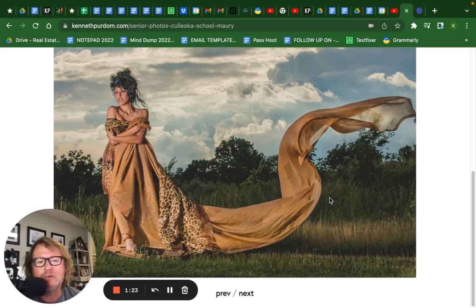It was taken in Franklin, Tennessee at Harlansdale Farm. It's on the back, and we were intentionally, I say we because there's several people involved in this project, I was trying to make it look like we were in Africa or somewhere else besides downtown Franklin, Tennessee. The clouds are real; those are not edited in, and these are curtains that my wife did not want